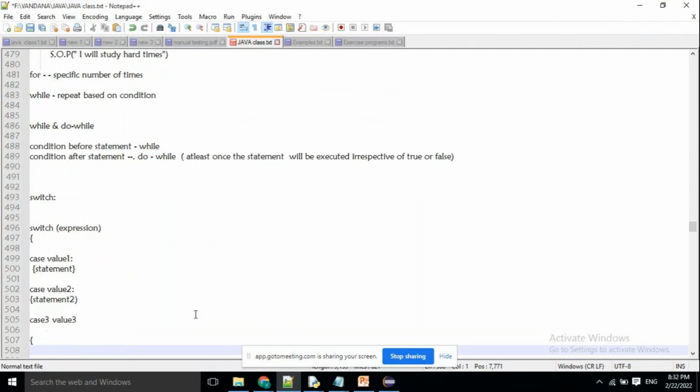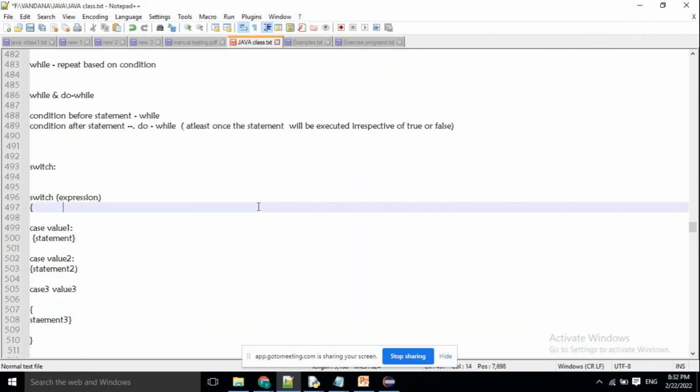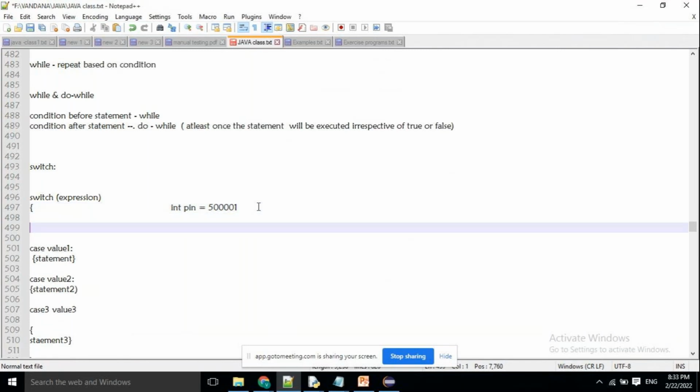Cases means condition or something. Say cases means which is equal to. Suppose I might have said here, one second, let me complete it. How does it happen? I'll give int x, okay, pin number. Pin is equal to 50001. What I will do is, I will write,